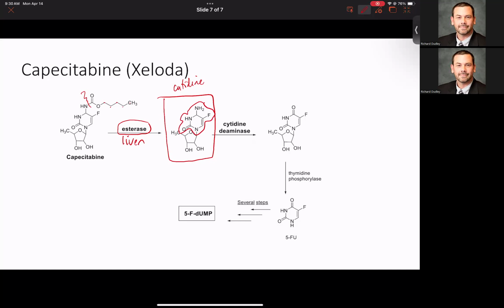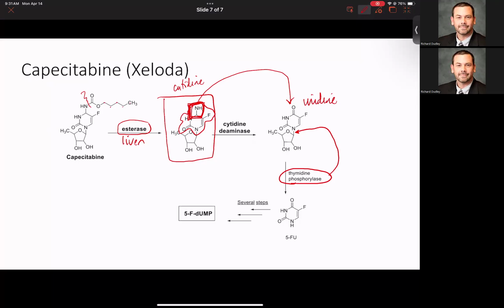And if you think back to infectious disease, remember we said that fungi have an enzyme called cytosine deaminase, and we don't, but we have a cytidine deaminase, right? And cytidine deaminase is going to accept this molecule as a substrate, and it's going to deaminate this position on the ring. And it's going to convert it to the equivalent uridine analog. And then an enzyme called thymidine phosphorylase will remove that. I might have said pyran, but it's a furan ring. Remove that furan ring